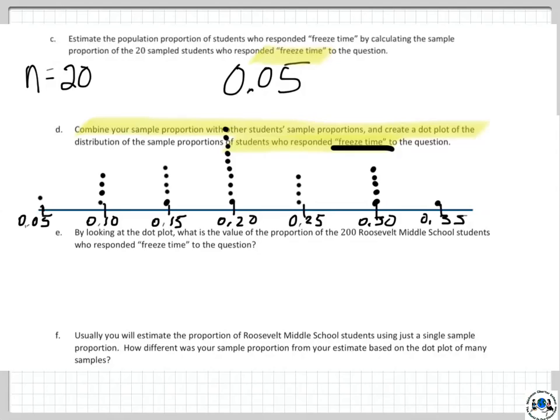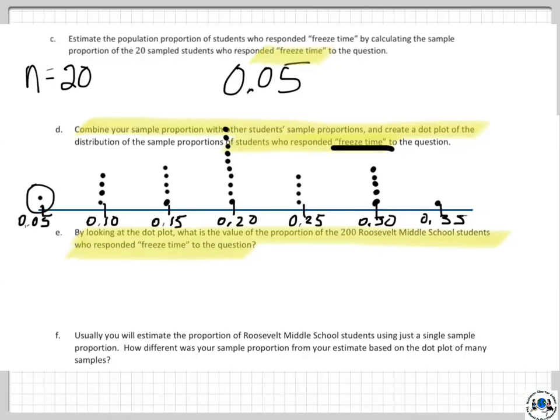I came up with here, and this would be mine, even though it wasn't mine necessarily, it was just someone else's that was there. Anyway, I was thankful that it was there to represent mine, because mine was 0.05. And again, this is surprising to me because my estimate was 0.05, but now, if I look at the dot plot and freeze time, by looking at what is the value of the proportion of the students,